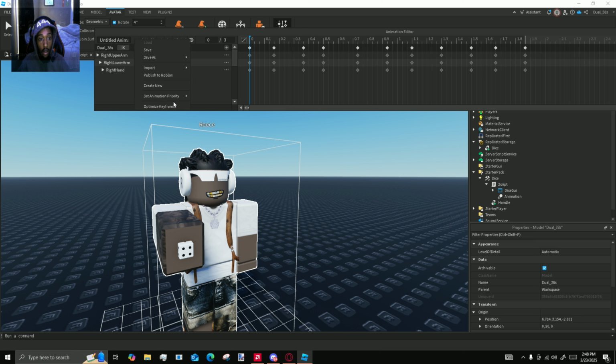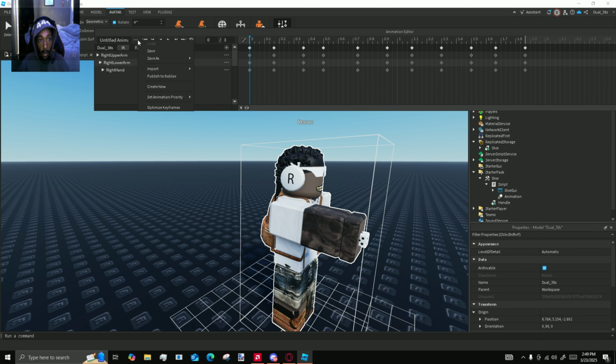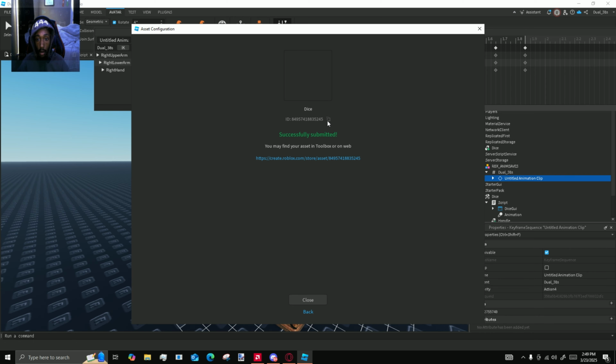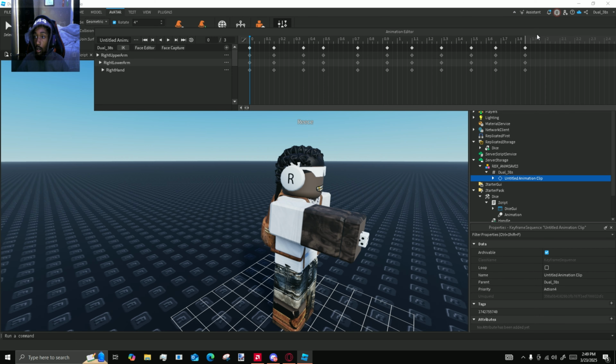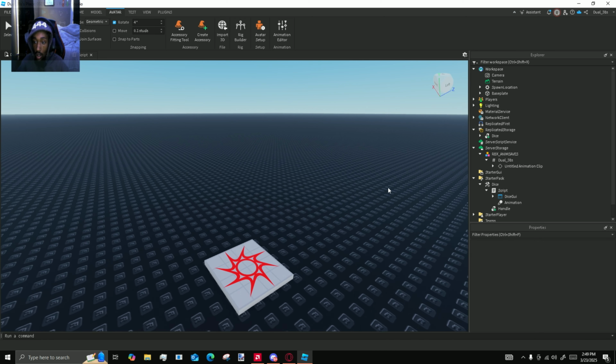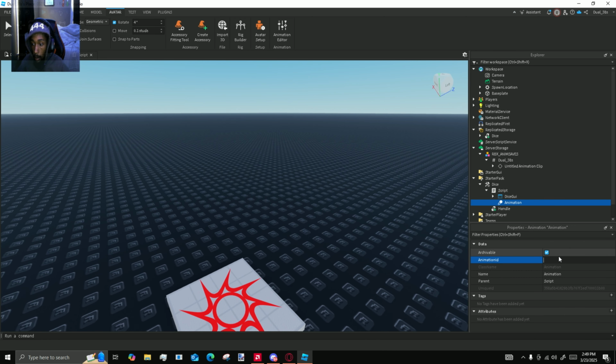That's what we finna do. Alright, and then you just want to change the action to something. I would recommend doing like action 4, just so it plays over top of any other animation. And then you just want to go ahead and publish to Roblox. We'll name it dice, and then you're gonna copy that code, close out of this, and you no longer need this, so you can just delete that. And then in the animation, we'll just type in that code,